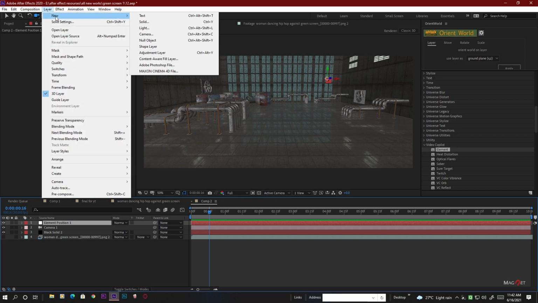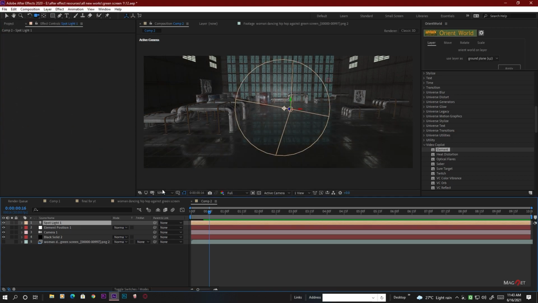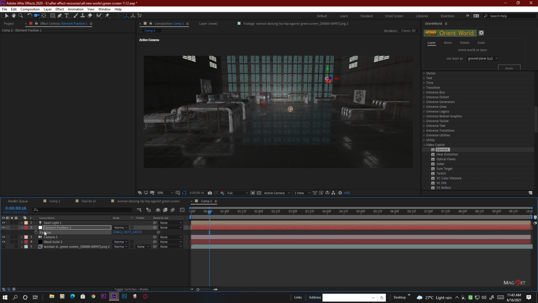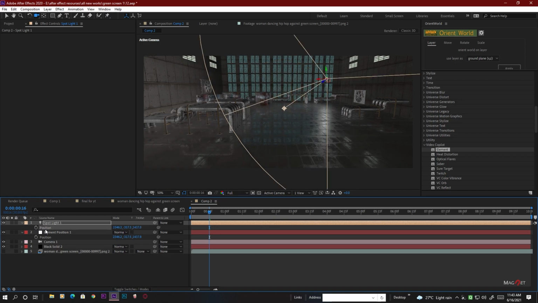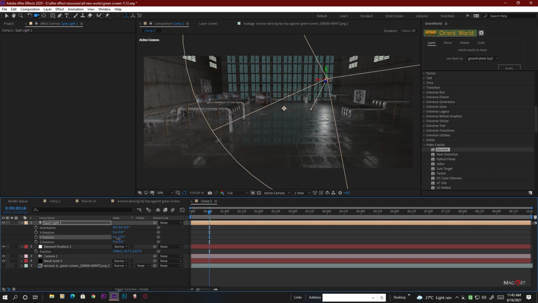So now we go to the layer and create a light for our scene, and for this case we're going to use a spotlight. But the shadow darkness is 1000%, we have to change this to maybe 200, and now hit OK. And then we go to this element 3D position number 1 and press P to bring the position value, and select this and just copy this and select this light and press P and paste it here. Okay, and now press R and rotate the light a little bit,